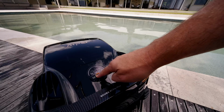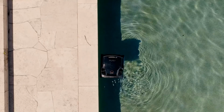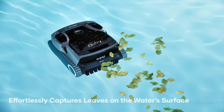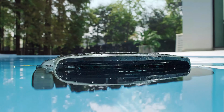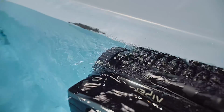The Scuba X1 Pro Max includes a dual jet system with 9 motors for deep and thorough cleaning. It also features an extra micromesh ultra-fine filter designed to trap the smallest particles like algae and dust, leaving your pool crystal clear. With 7 intelligent cleaning modes and smart horizontal scrubbing, it automatically adjusts to surface types and debris